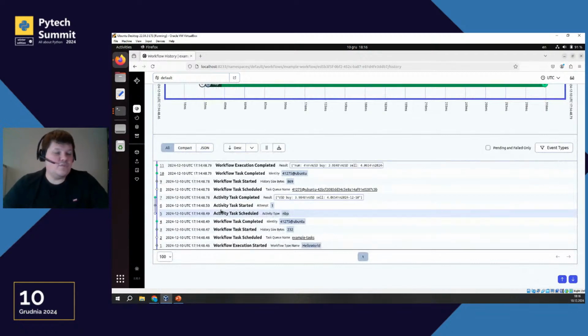And most interesting for you, for the future, just to understand how all these sync and async activities and parts of workflows work together, you will find this history, the execution history. Worker execution started, task scheduled, task started, task completed, task scheduled, task started, task completed, task scheduled, task started, task completed, worker execution completed. Yep. And our workflow is hello world, and our activity is NBP.